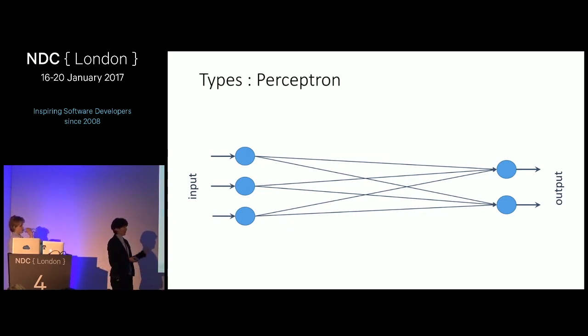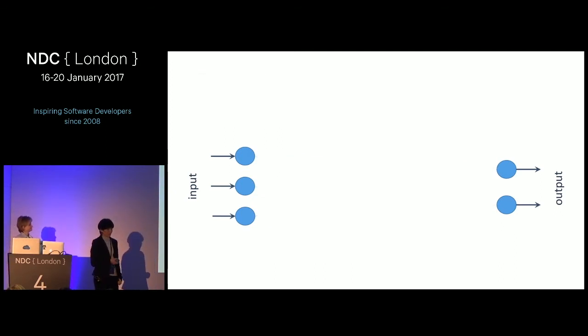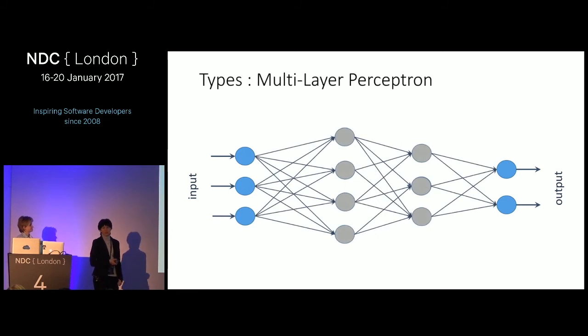Fully connected means that all neurons on the first layer are connected to all neurons in the next layer. That's it. As you already learned by now, this network is not very powerful and cannot classify nonlinear data. Well, if we introduce a couple of hidden layers in between, we get a so-called multi-layer perceptron. And those networks are much more powerful, and they can represent sophisticated dependencies in data.